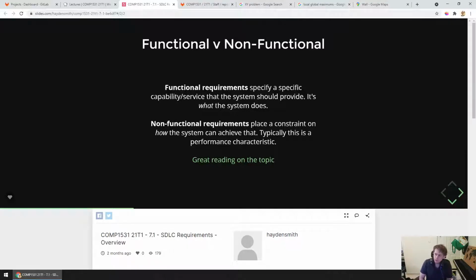Typically, functional requirements describe a capability or a thing it can do, hence what the system does. And non-functional requirements typically describe a constraint on the system, i.e. how it works. You know, so like an example with a phone is that, you know, if you say like a phone,